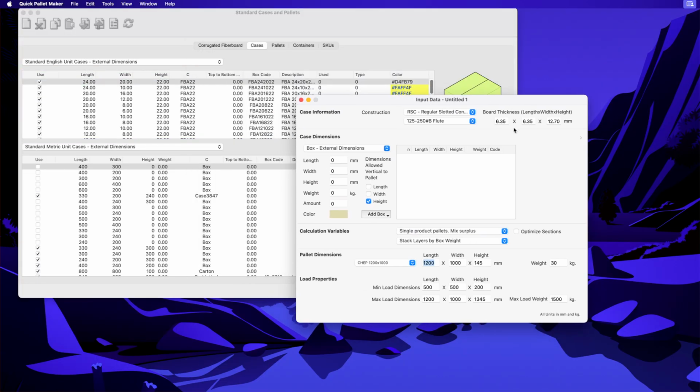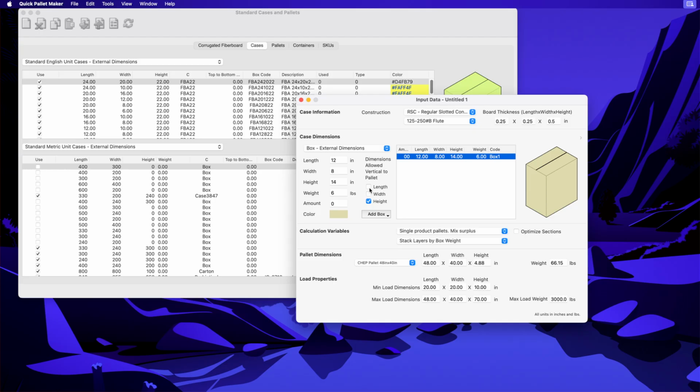We will change the units to inches and pounds by right-clicking the bottom right corner, selecting inches and pounds, and changing the pallet type. We want a 48 by 40, 70 inches high, and we will add the dimensions of the box. In this case, it's 12 inches by 8 inches by 14 inches with a weight of 6 pounds. We add the box, we select it,